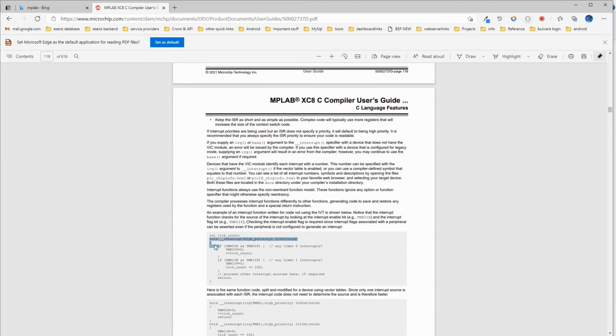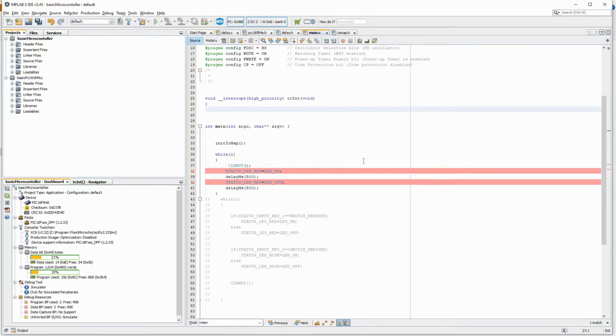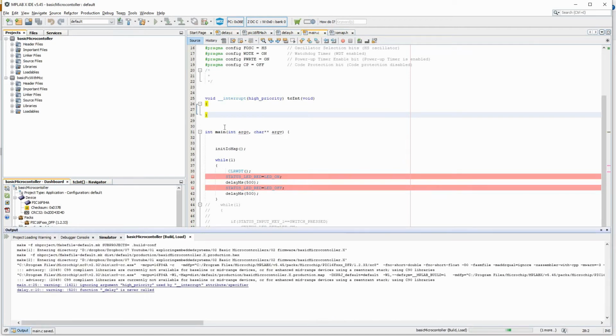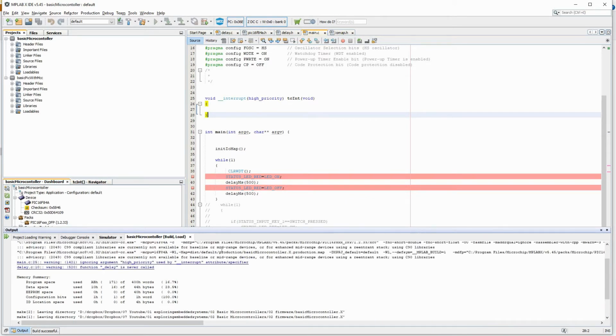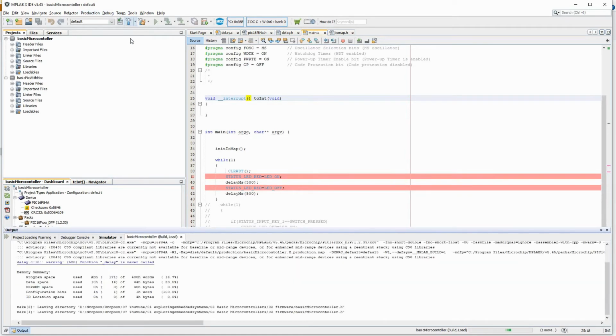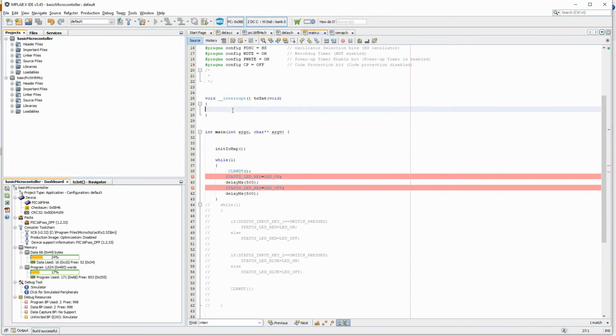So let me pick up this interrupt. They have also written it for timer 0 only. So this will be a standard definition. Let me just compile and see if it shows any error. It shows an ignored high priority warning. If you don't want any priority, this should be it. Let's not worry about priority right now and just build it. Basically any interrupt which the controller is generating should come here.